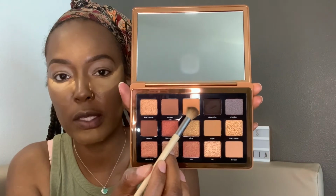Let me grab a brush. And I am going to use Sundown, which is this guy here. I'm going to use that as my transition shade, okay? Yeah, the reason for my confusion